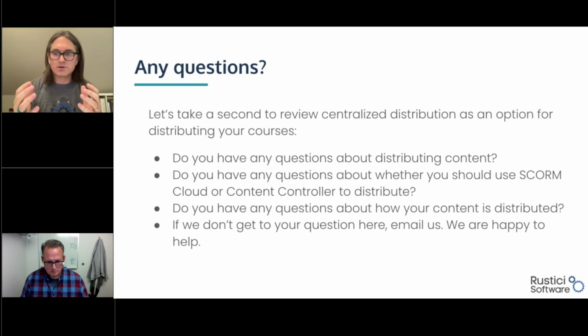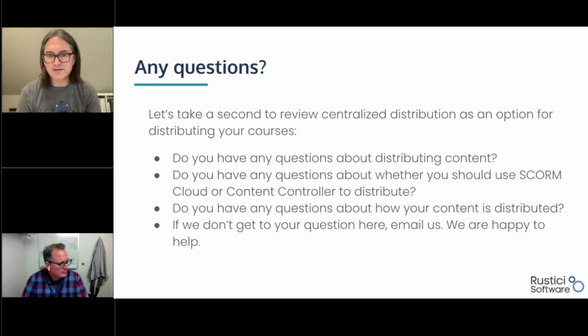So the data will initially be saved within Swarm Cloud or Content Controller so that you as the content owner have direct access to all of that data and can get all sorts of interesting insights out of that, see how your individual customers are utilizing the content. You might find that some customers aren't, so you might reach out to them to see if you can increase engagement. But behind the scenes, we're going to be automatically sharing that data back into the third-party LMS.